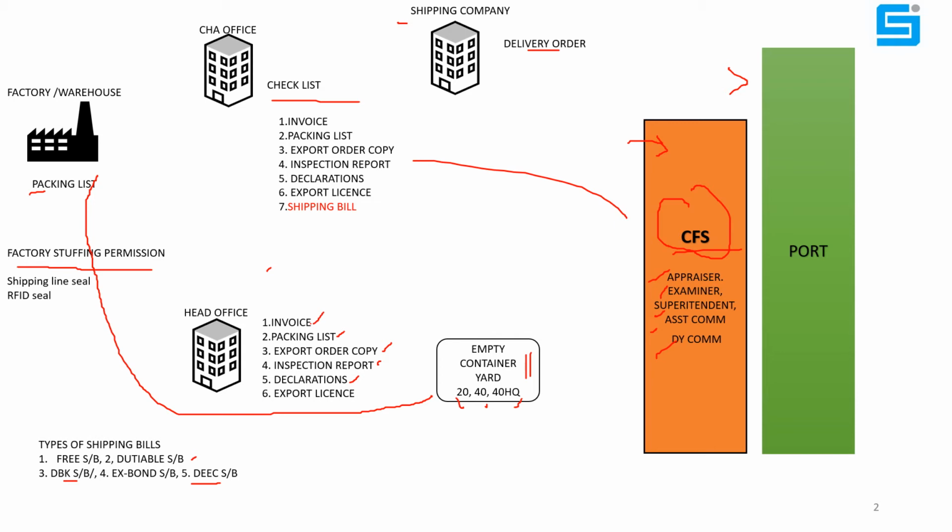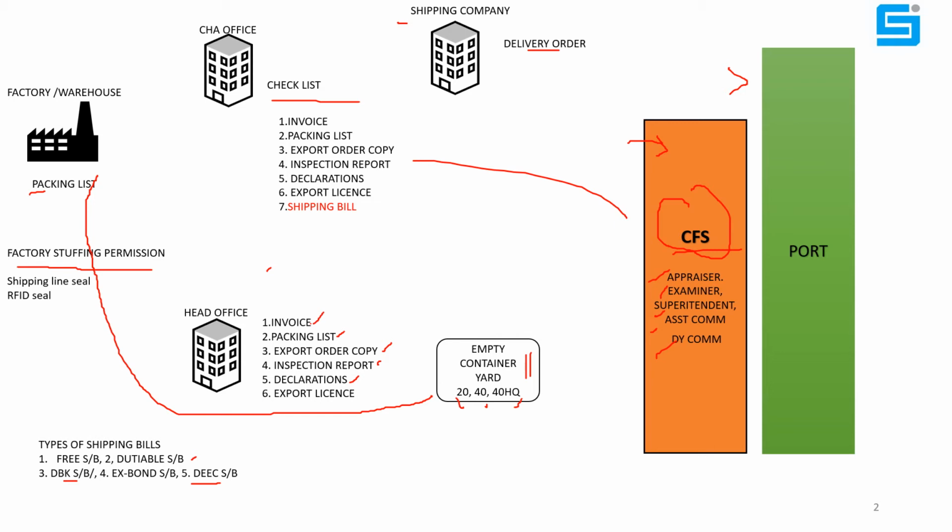The appraiser superintendent will check. Then he will pass this document to the higher authority, the assistant commissioner of customs. Then the document will move. See, this system works on the EDI system, electronic data interchange. It means once the appraiser or examiner superintendent passes the document, it will automatically go to the assistant commissioner through the computer only. The assistant commissioner also looks into the customs documents and everything.